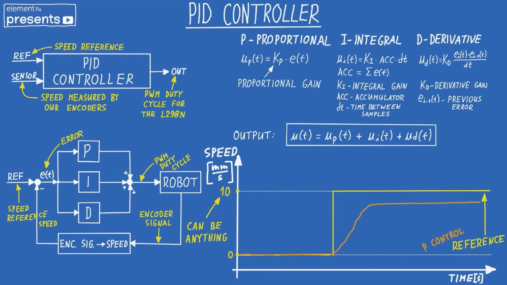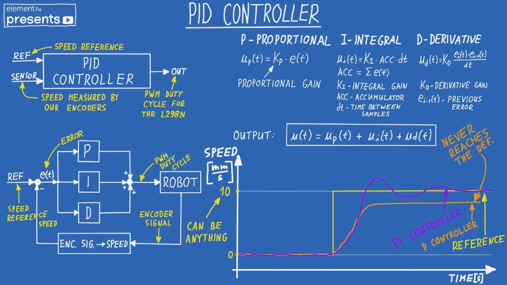So let me first draw how a P controller would look like. It would be something like this. And as you can see, it increases the speed when the reference jumps, but it never actually reaches that reference. There's always that steady state error. Now, if we add the integral part of the controller, we would see something like this. The signal would rise a bit faster and we would have no steady state error,